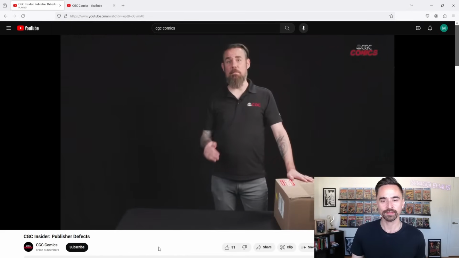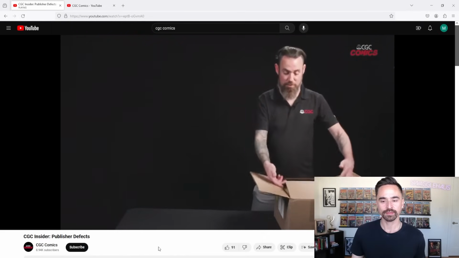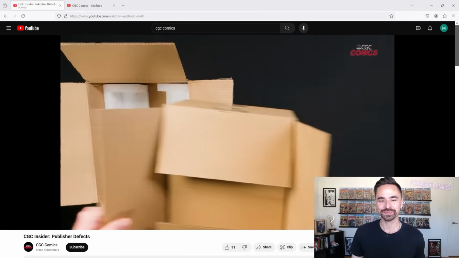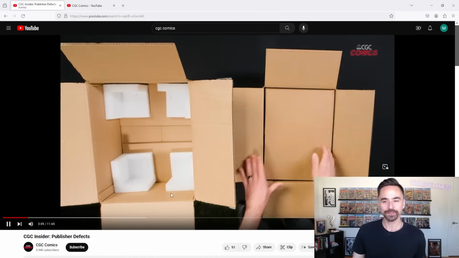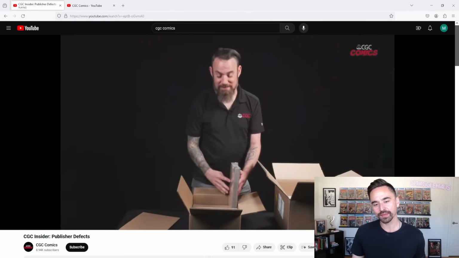Now, there are times where we get bulk submissions sent to CGC, either directly from the publisher or the printer themselves. You see they come in these handy outer boxes, and inside here is another inner shipping box. And if I open this up, this particular case has about 160 raw copies, all pre-packed, directly case fresh from